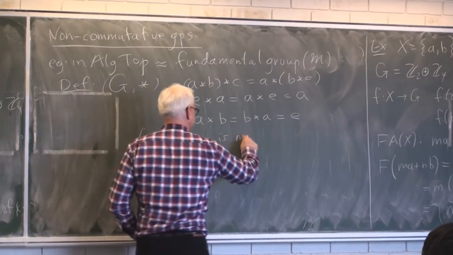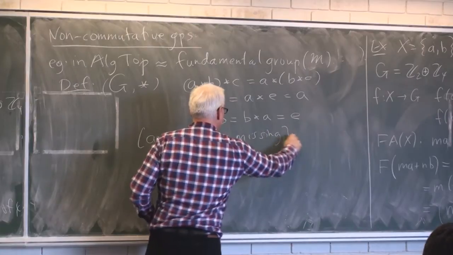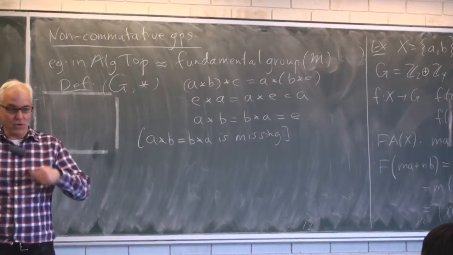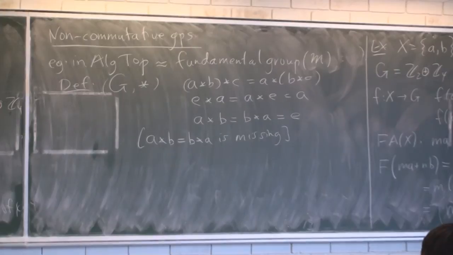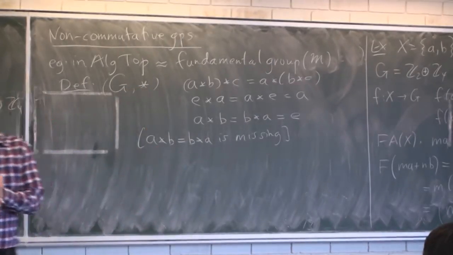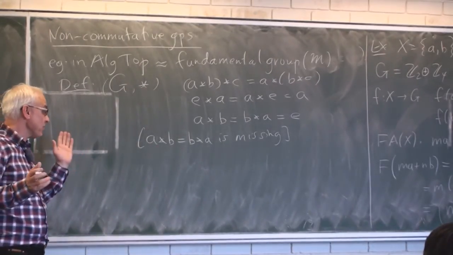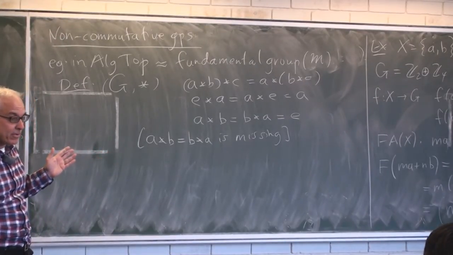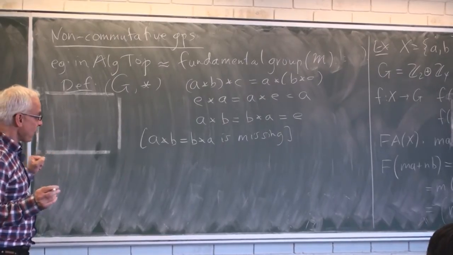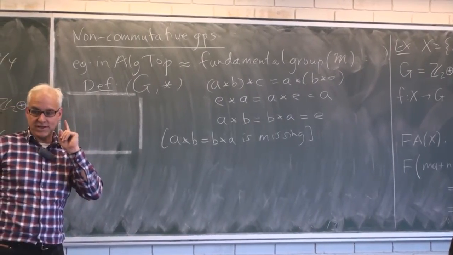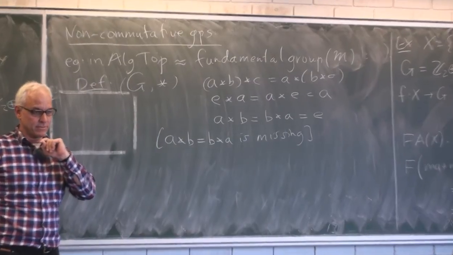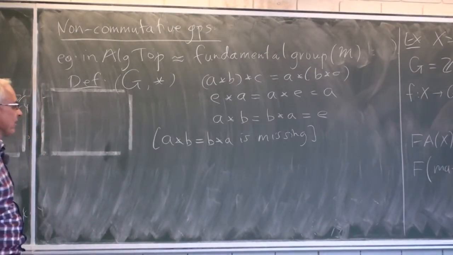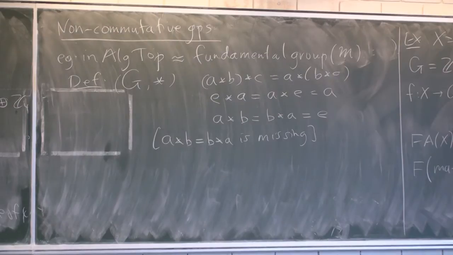It is missing, which makes things a lot harder in the sense that we have to be more careful about the order of elements that we use. But most of the definitions that I talked to you about in the commutative setting still apply in the non-commutative setting. We still have notions of homomorphism, which are exactly the same, of isomorphism, which are exactly the same, subgroups are exactly the same. Cosets and quotient groups are different. The story becomes more subtle when we get to quotients and cosets.